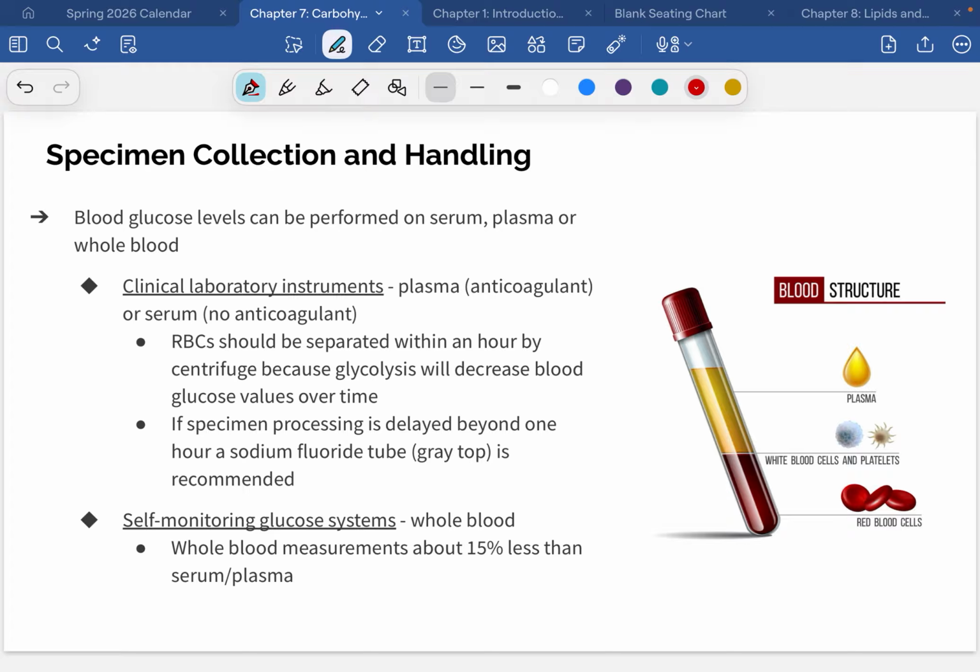The first part is either the plasma or the serum. When your blood is separated out, this yellow clear part is the plasma or the serum. It is plasma if the tube that is collected in has an anticoagulant in it. So plasma